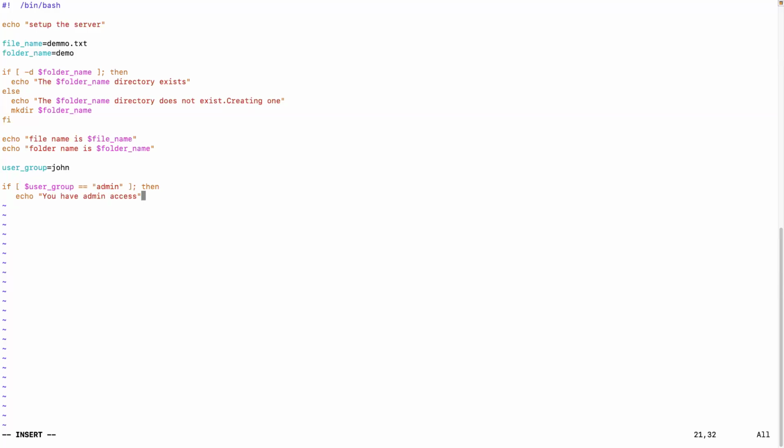Let's say I want to just print this. Suppose the user group is something else. I have to print something else or do something else. Here I'm just doing printing. Maybe you want to change the permissions using chmod and all. So else if, right? Else if